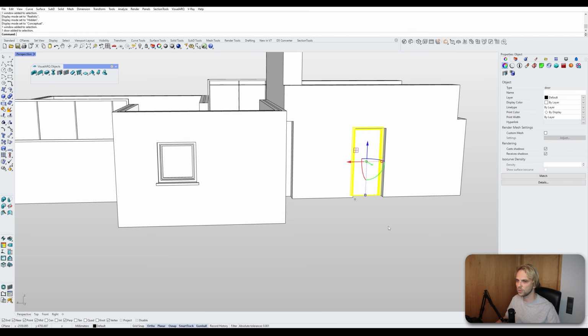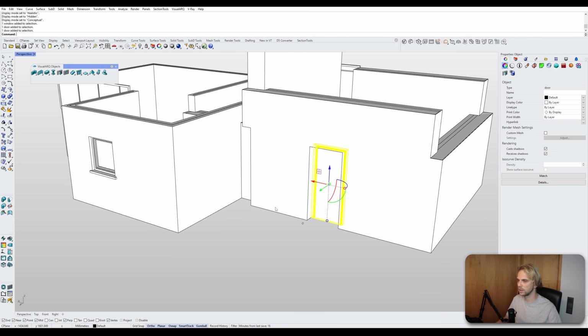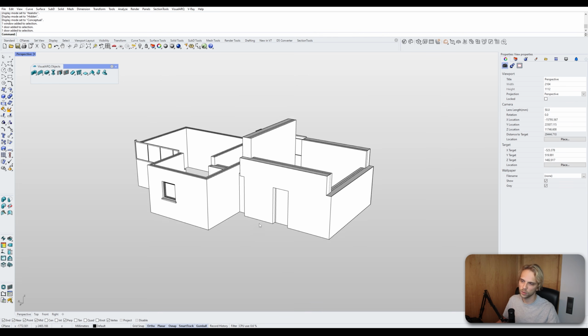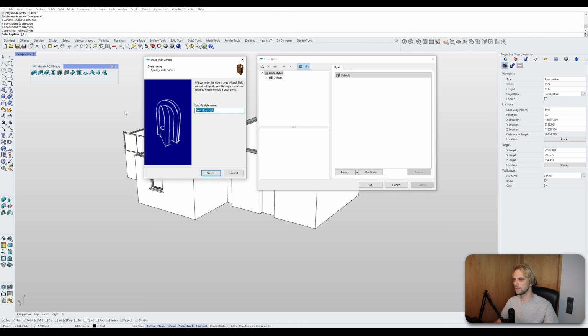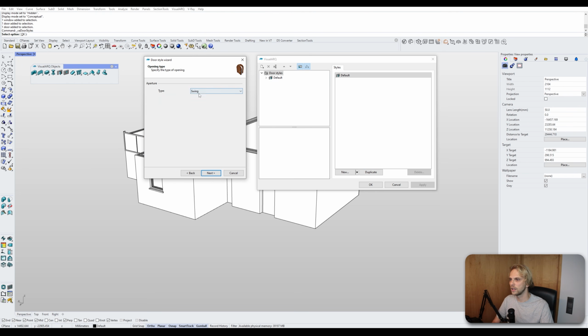So windows and doors work in the same way as they work in Revit. Automatic Boolean difference out from walls. Very convenient. As for styles, if I were to create a new door style, luminous door. Next, type either sliding or swing doors. Let's choose sliding. Profile, I can choose what kind of profile I want. Let's be normal, or actually circular profile. Why the hell not? Radius